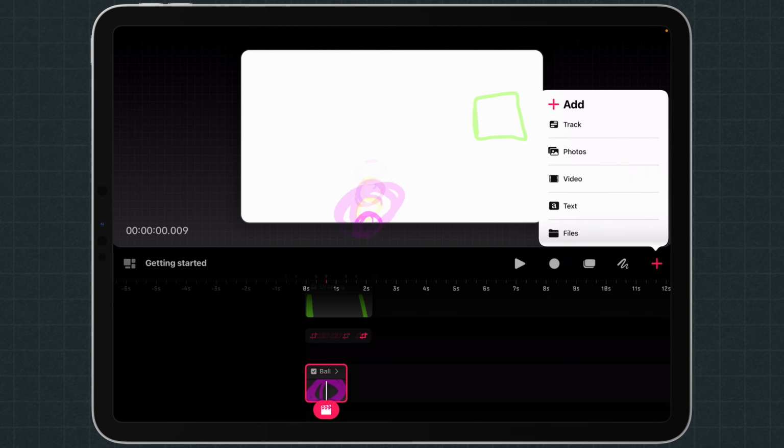The other thing that I just want to show you as well here, which we'll get into very shortly, is the other things that you can add. So adding a track is basically adding a new track to add animation onto. Adding photos and video, that comes out of your camera roll. Adding text, it's relatively self-explanatory, and I will get into that when we go into the skate example. And then from files, that's where you can kind of bring in other files and other assets from your files section of your iPad. So that's the basic overview of how to get started and how to use Procreate Dreams.